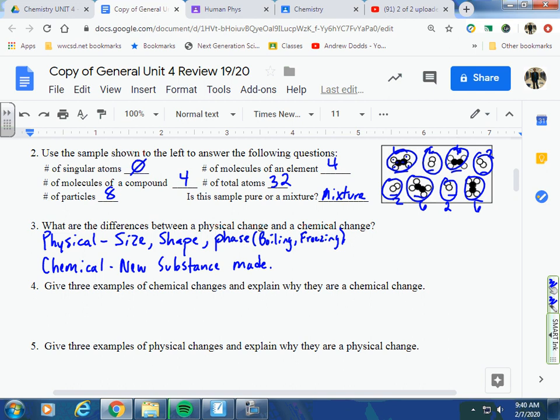All right. So give 3 examples of chemical changes and explain why they are a chemical change. This could be any number of things. Could I put boiling or freezing something? Because we just said that's a physical change, right? We might say something like burning something. If you give any kind of examples where you burn something, that's going to be a combustion reaction. If you said anything like rusting,